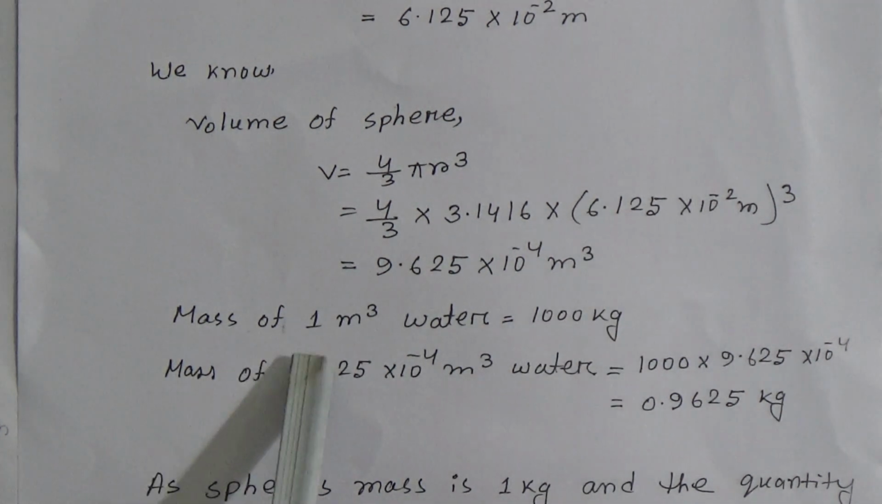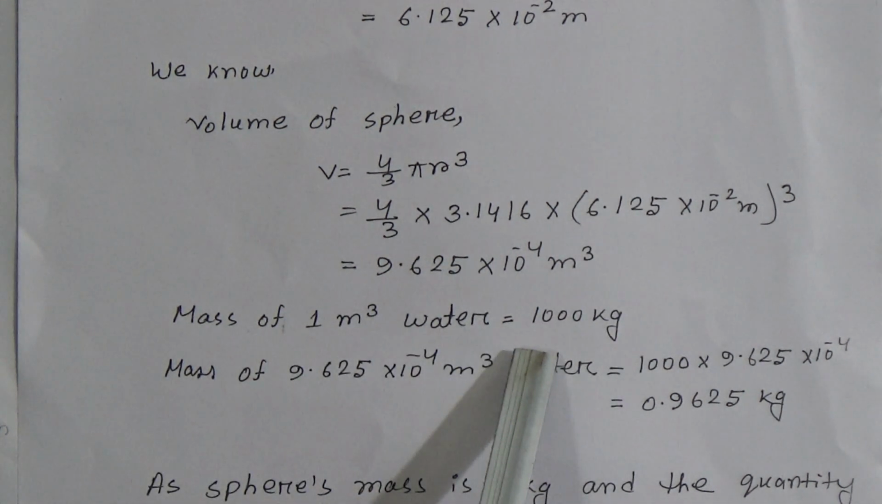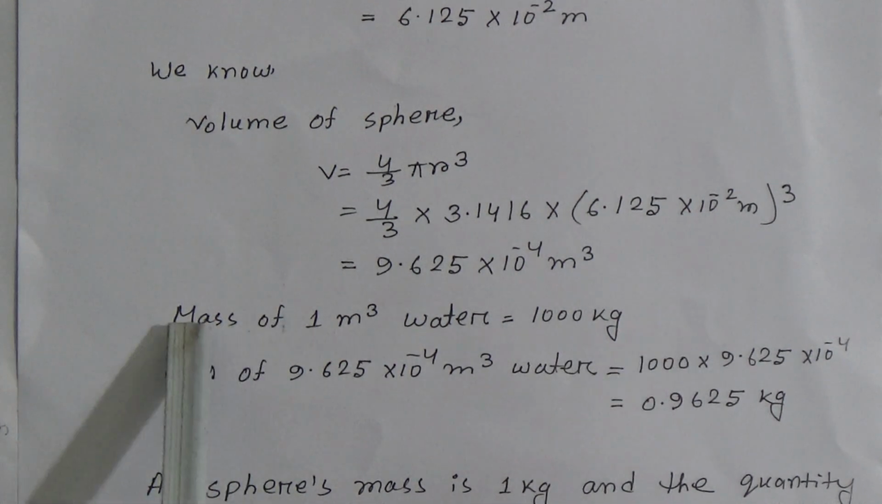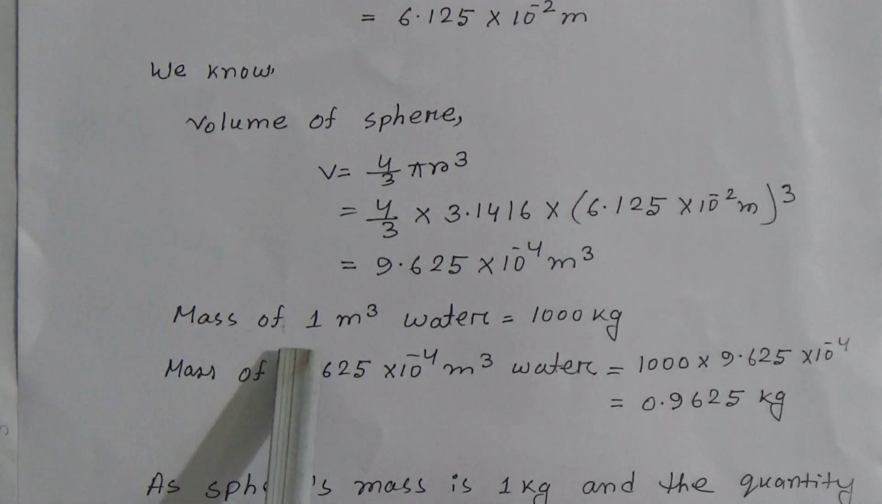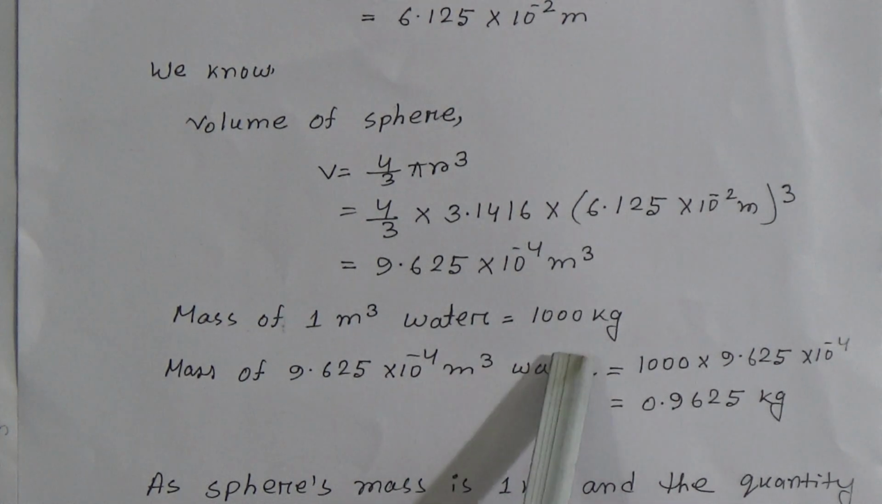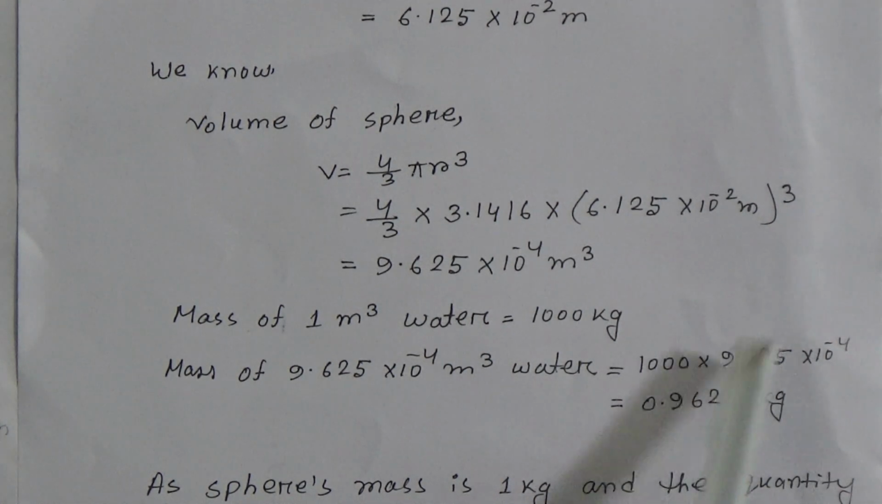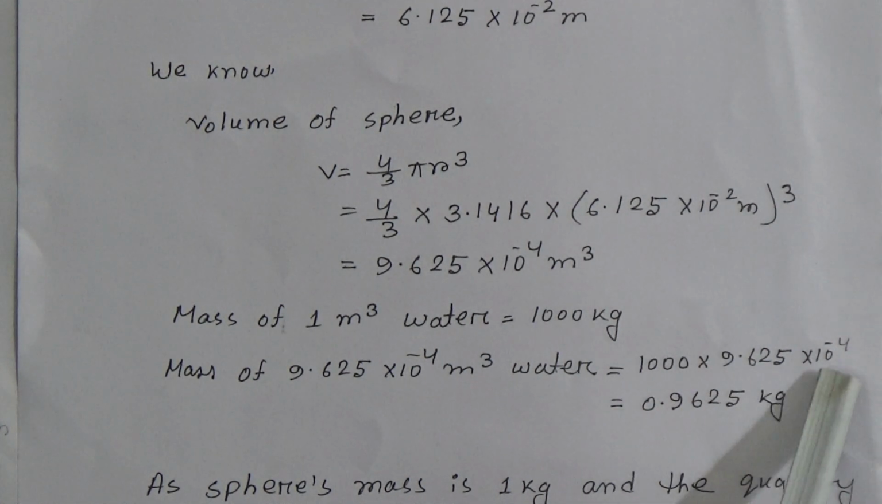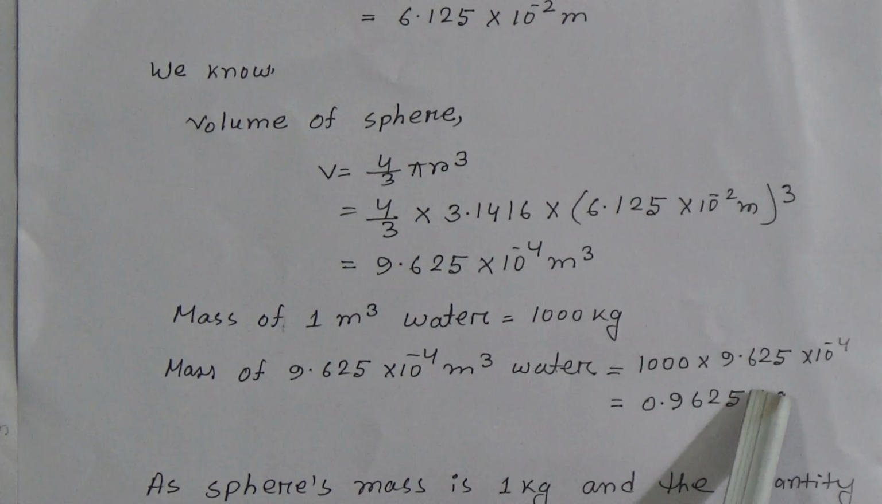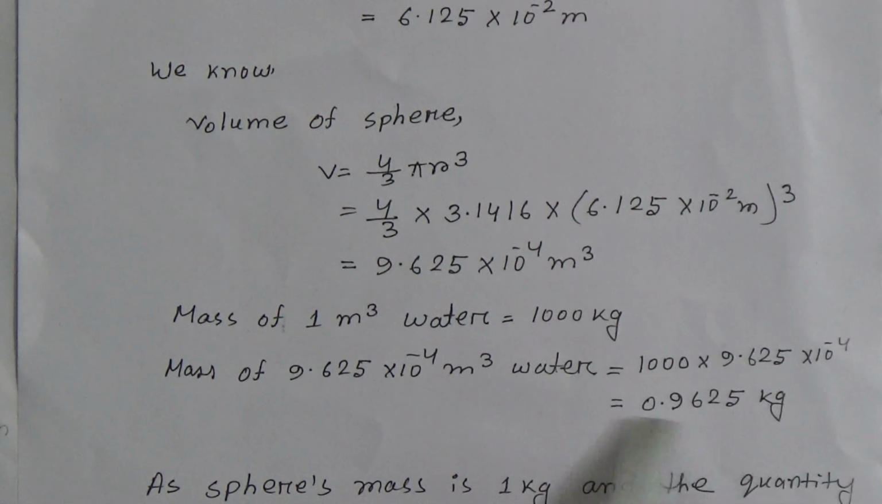Now mass of 1 meter cube water equal to 1000 kg. This is our known value. Mass of 9.625 into 10 to the power minus 4 meter cube water equal to 1000 multiplied by 9.625 into 10 to the power minus 4. Then after calculating this, we get the result